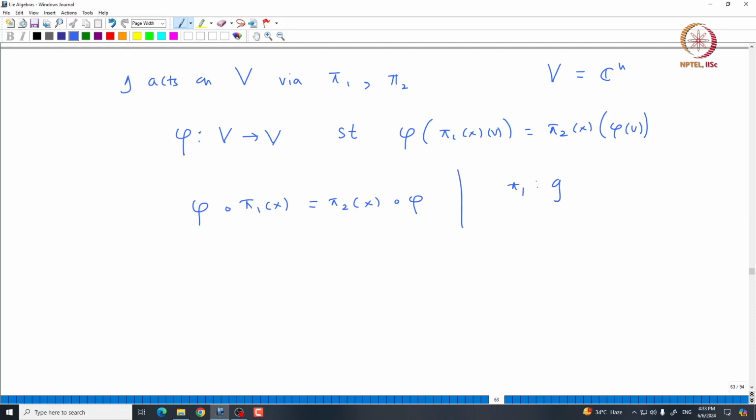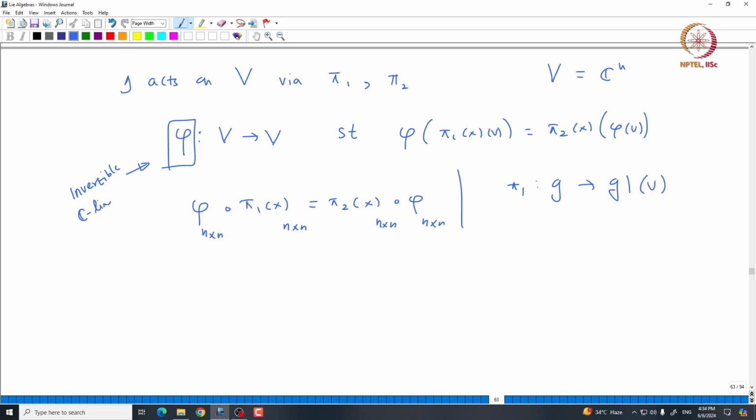Pi 1 is a map from G to GL of V. Okay. Note that V is n dimensional. So, basically pi 1 of x is an n by n matrix. So, this is an n by n matrix, this is an n by n matrix, this is an n by n matrix, this is an n by n matrix. So, that means, because this phi is given to be a bijective G module map, it is an invertible C linear map. So, this is invertible